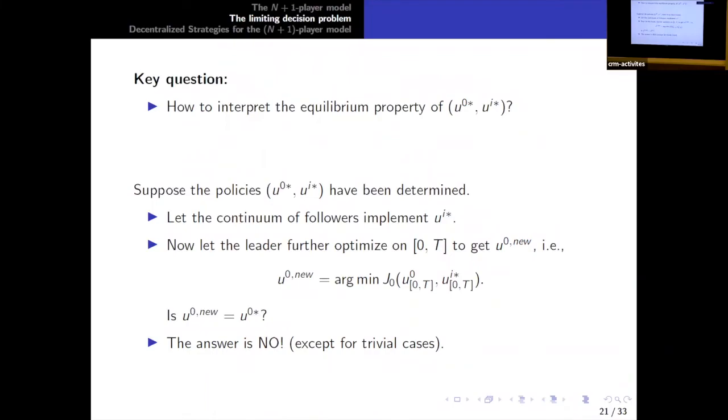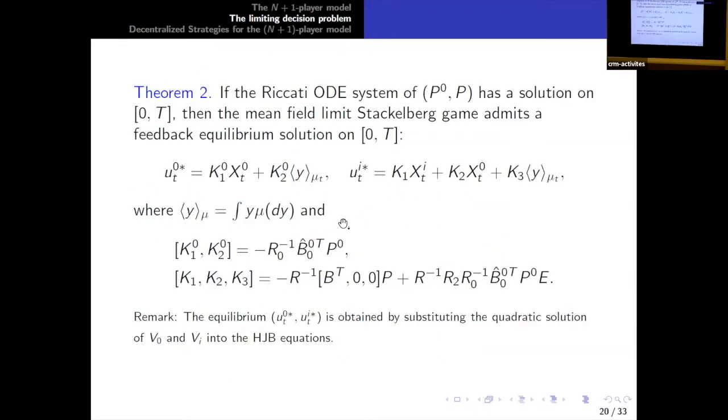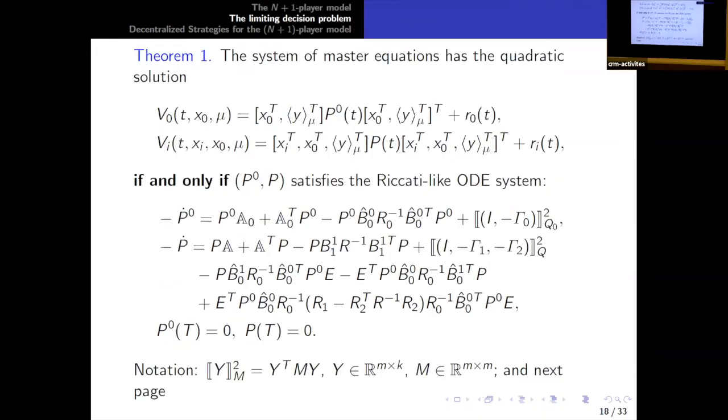So you showed this system of Riccati equations. Do you have a condition under which it has solutions? This is what you wrote when you talked about the analysis of the Nash system. So does the system of Riccati equations have a solution? Not always. Actually, the equilibrium exists if and only if we have a solution. But do you have a smallness condition? Yes, if it's a short period, you must have a solution because the vector field is locally Lipschitz.